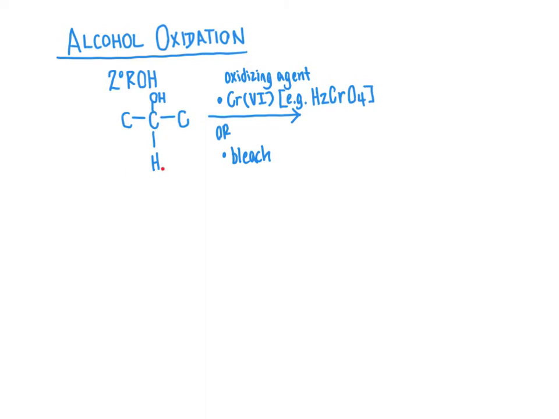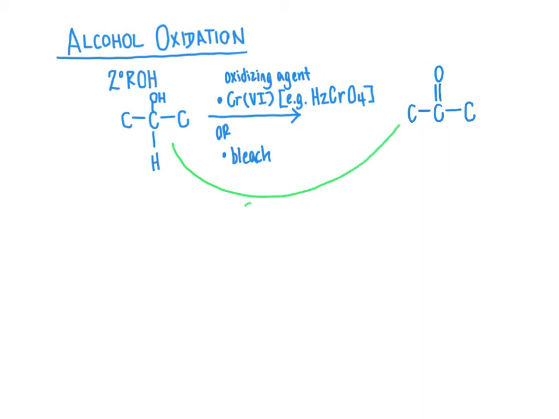So the hydrogen-carbon bond is going to be removed, and a pi bond is going to go here to make a carbonyl group. So the way that we can write out this product is that we're converting that alcohol group into a carbonyl group. The bottom line, when you're thinking about using and applying this reaction, is that